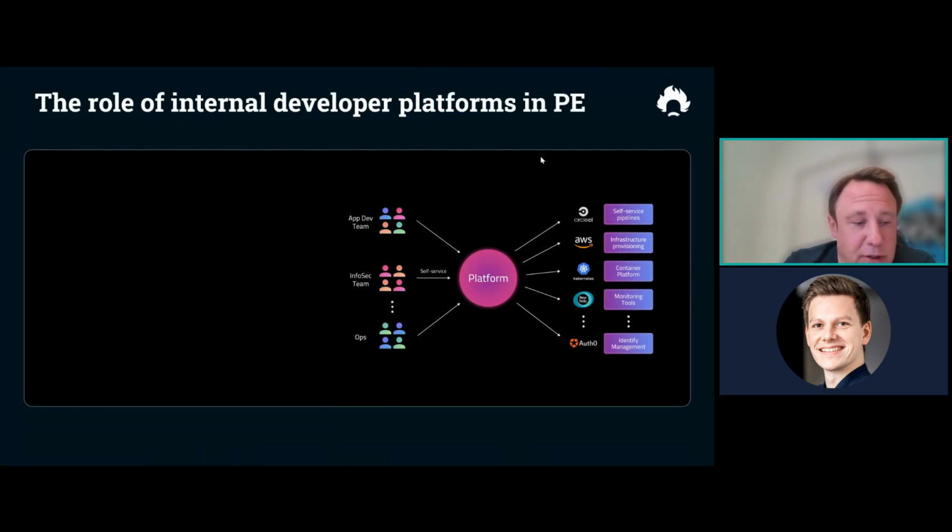A big part of platform engineering is the creation of an internal developer platform. So what role does that play in platform engineering?